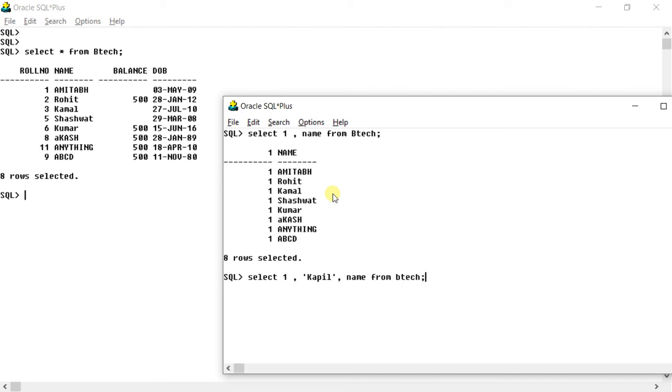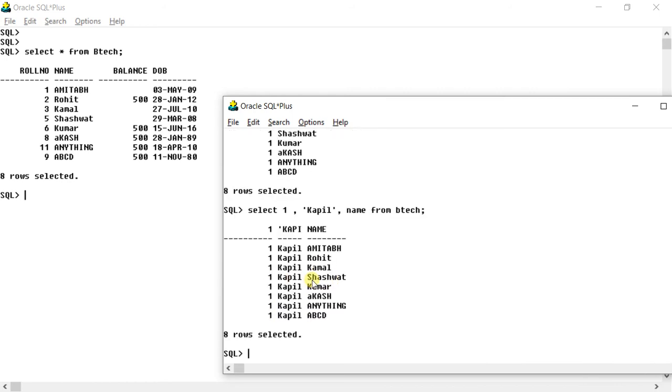Now you can guess what will happen. Very correct. For every row, the name will come, and along with this, the literals will be displayed.